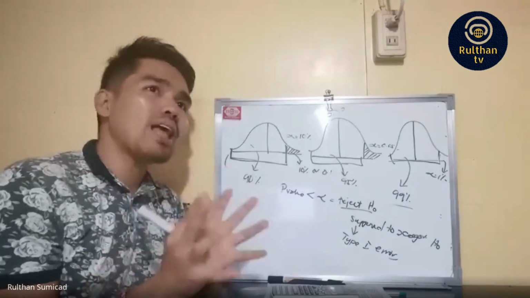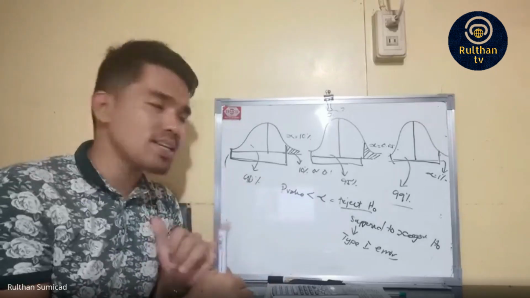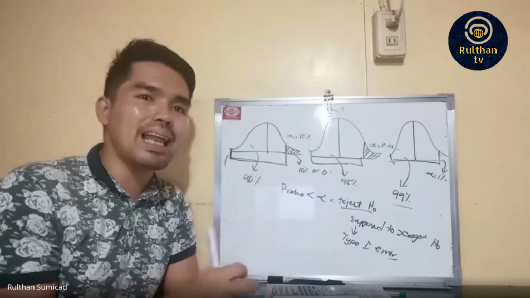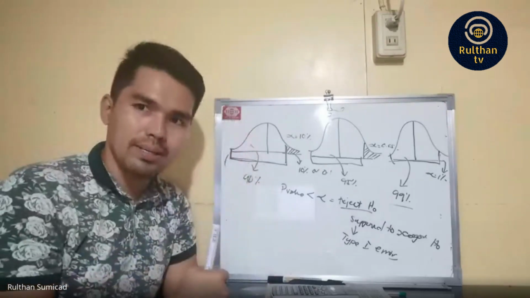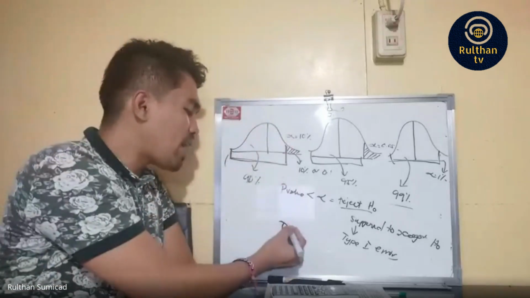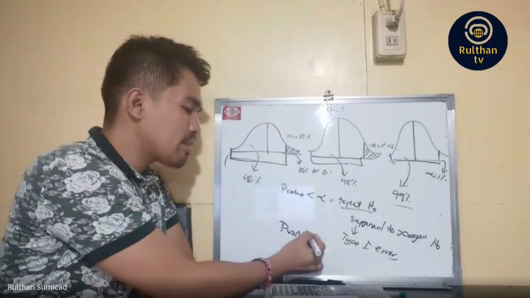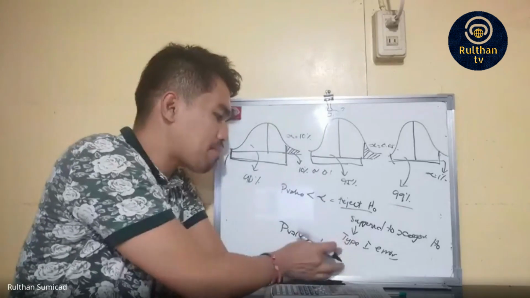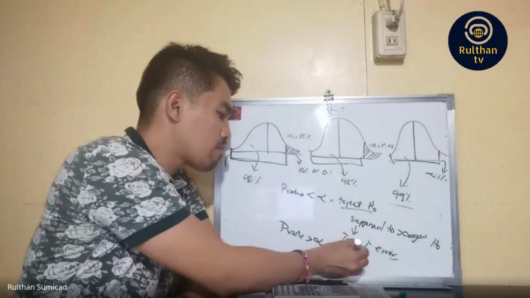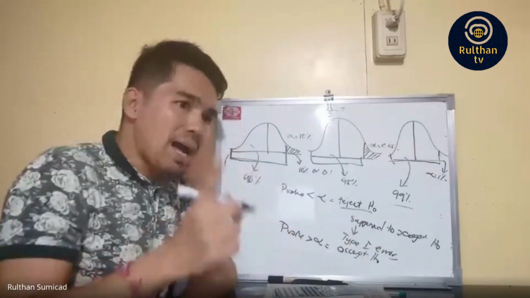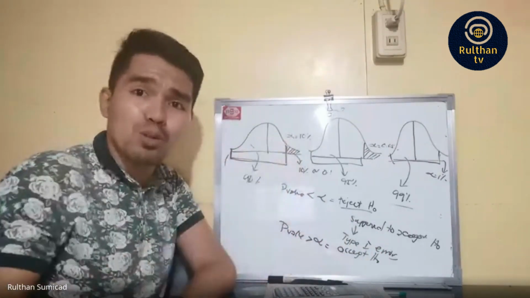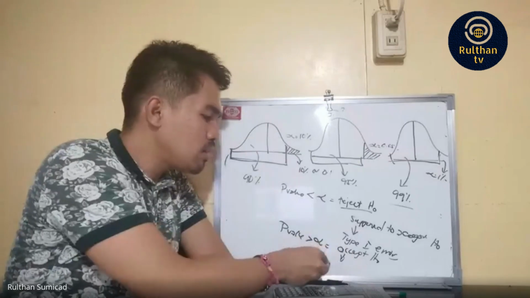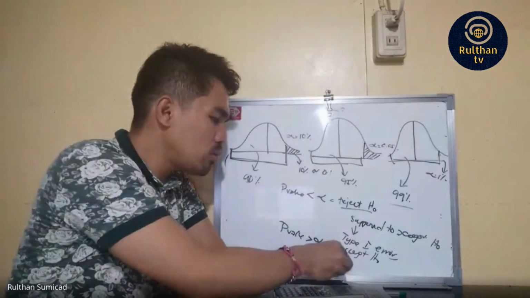Okay? You are committing a type 1 error. So, what type of error are you committing when you reject the null hypothesis? It means you're committing a type 1 error. Type 1 error occurs when you reject the null hypothesis when you're supposed to accept it. Now, if the p-value otherwise is greater than the alpha, it means you accept the null. Remember, the decision here is to accept H0. But what if you accepted H0 when it is supposed to be rejected? That's the opposite. So in that case, this would yield a type 2